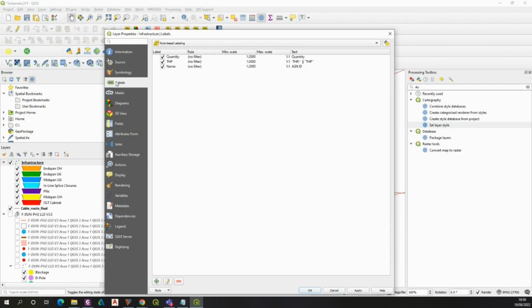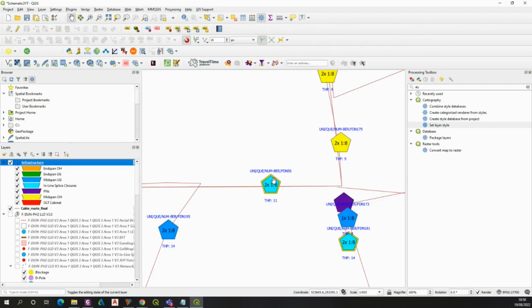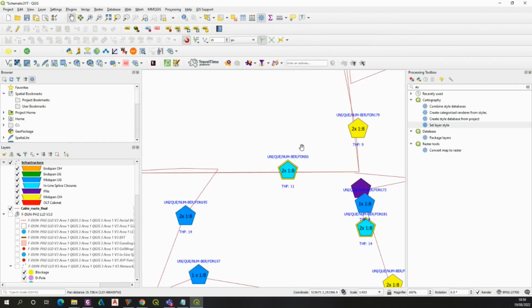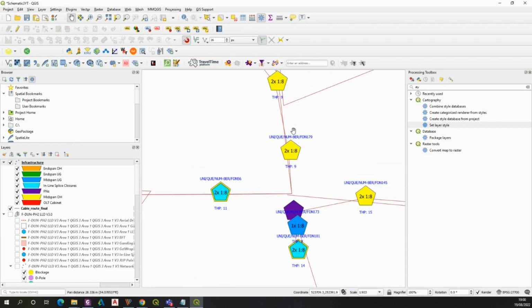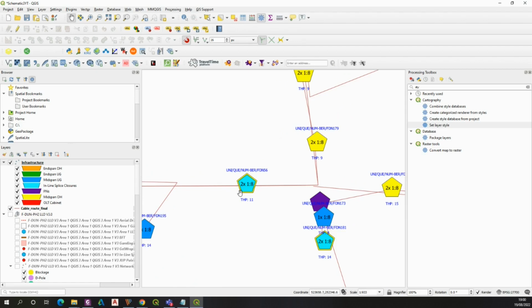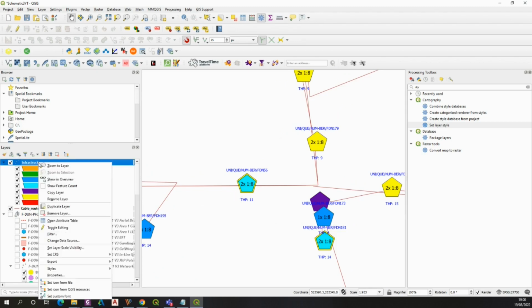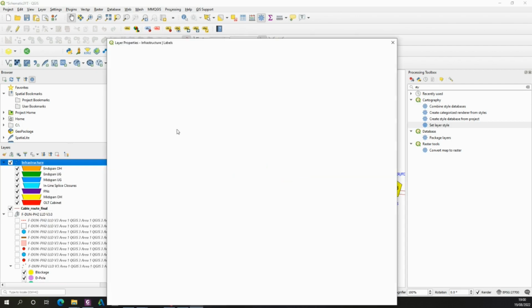But a part of the symbology is styling. So styling is also an important thing because styling determines the label. As you can see in the PDF you have the information about the THP, information about the ID of the given object, as well as the information about the number of liters provided. So effectively we have three types of information here. So that's why the labeling is important,